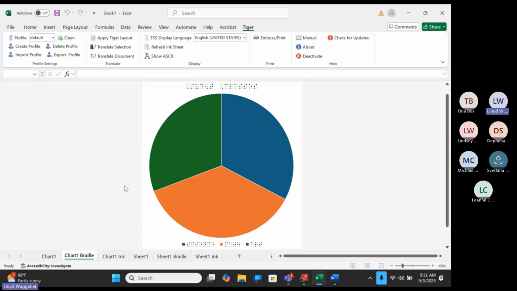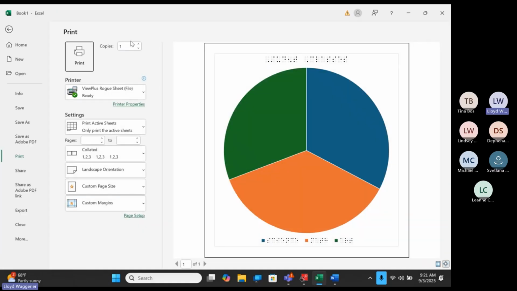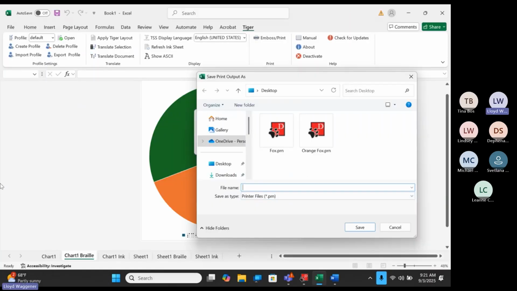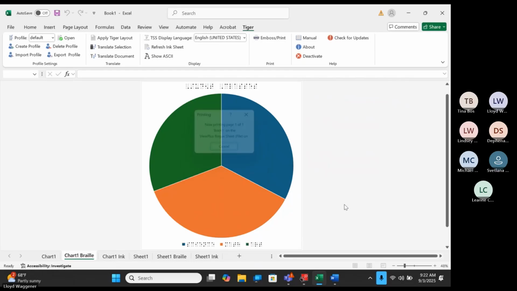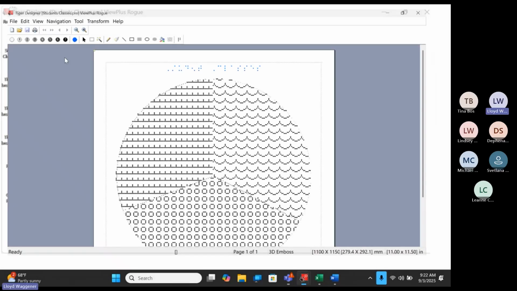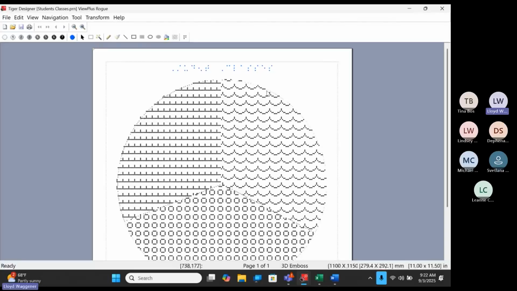But once you have this, you can just hit Control P, just like always. We're going to print this to the rogue sheet and hit File Print. And this one is students, classes, and hit save. Classes. And so with this,